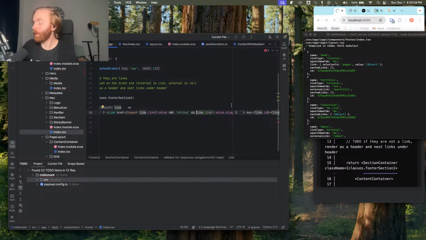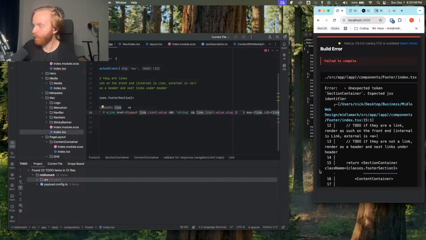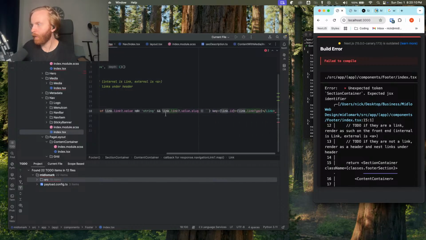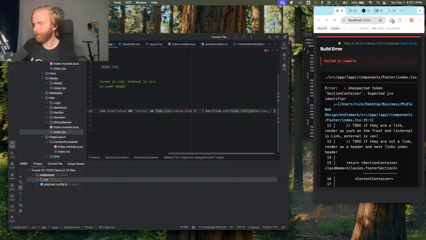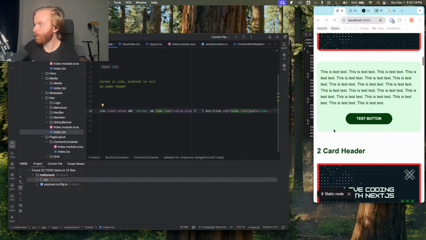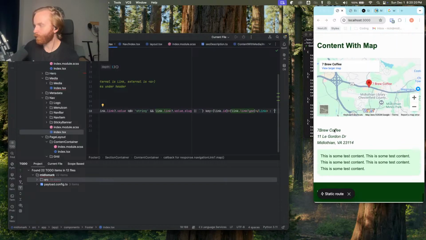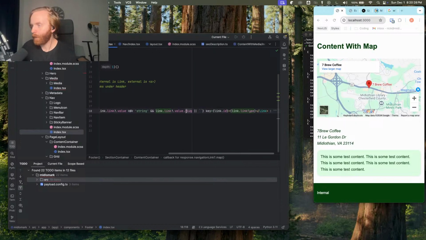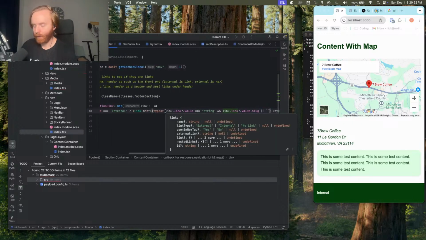So let's see if any of that worked. So failed to compile for this. Okay. Oh, I need to add, just do this for now. So the one internal should render, which you see there at the bottom. It's a link that says home. So if that's the case, then we need to make sure that if the link